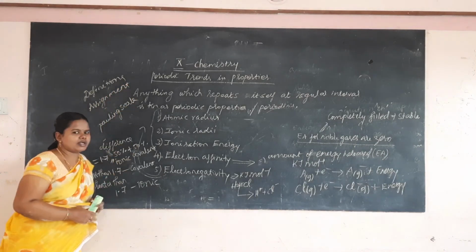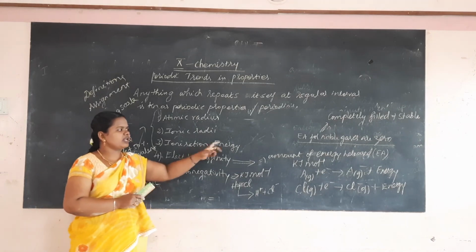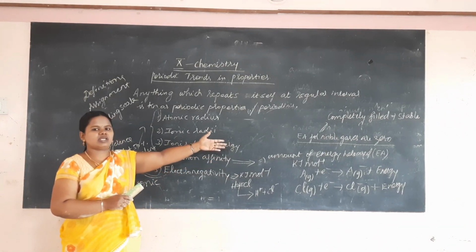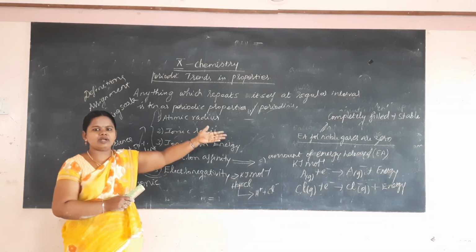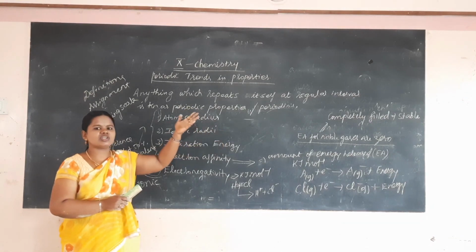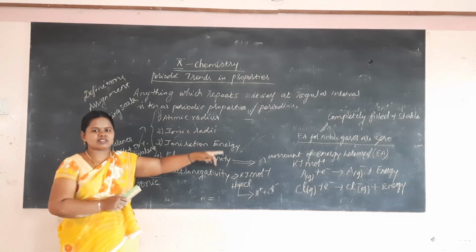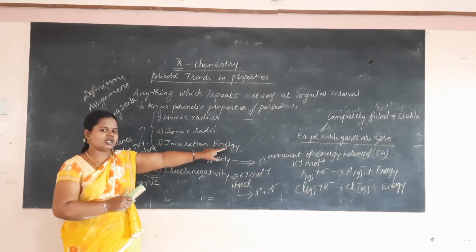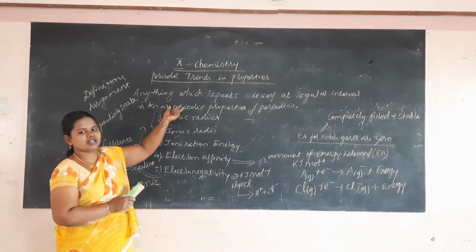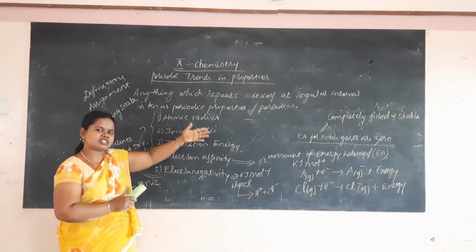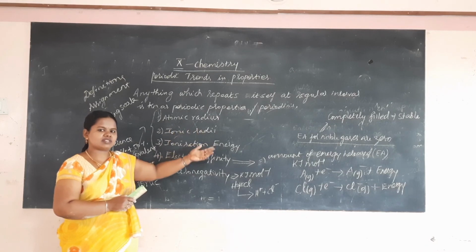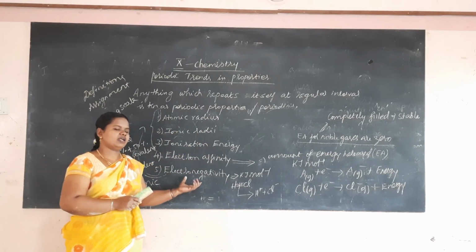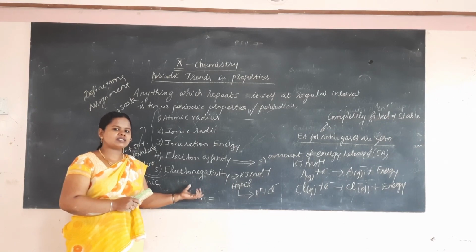I hope you have understood today's class. It is very important to remember all the keywords. Already I told what the keywords are: the shell number, the nuclear charge, shielding effect, distance between the nucleus and the outermost shell, atomic number. Everything you have to mention when you write this. Periodic trends in property will be repeated in 11th standard as well as 12th standard portion. So it is very important to understand and learn. Again I will tell you, you have to understand, write, and then learn.